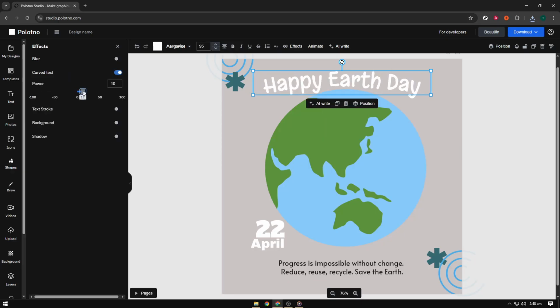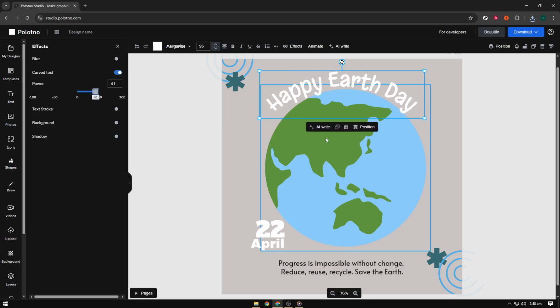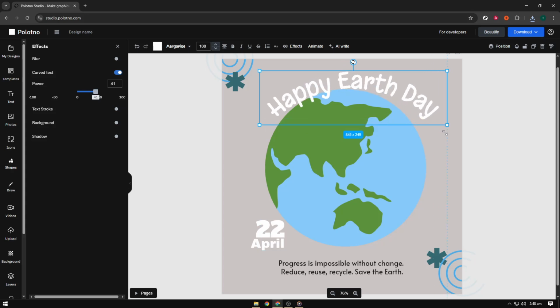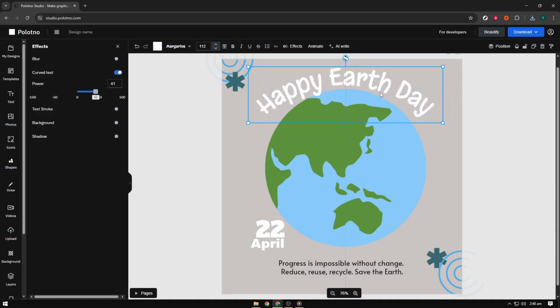Now adjust the power of the curvature. A small amount creates a gentle arc that looks natural for longer headlines, while a stronger value produces a dramatic curve that's great for badges, stickers, and circular logos. Dragging the control in the opposite direction flips the arc, so you can curve text upward or downward depending on